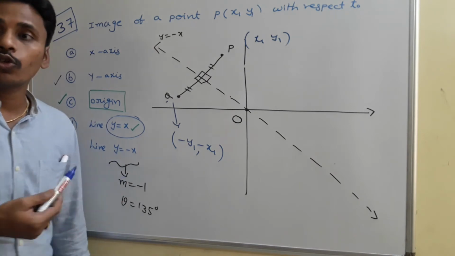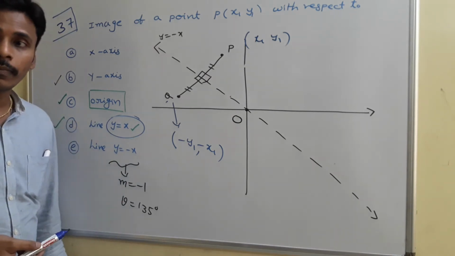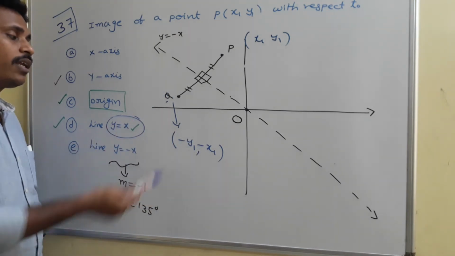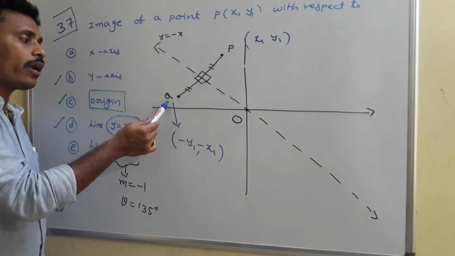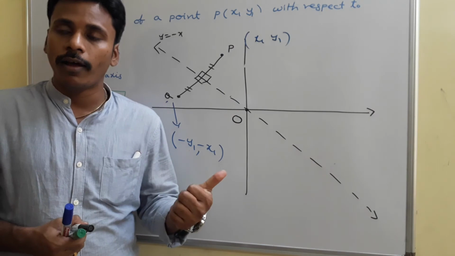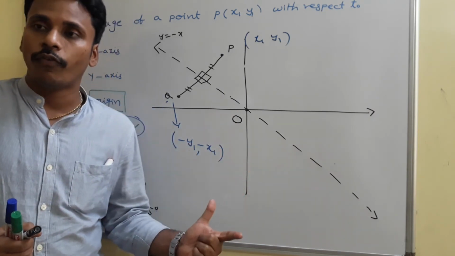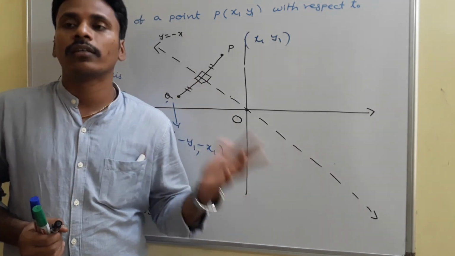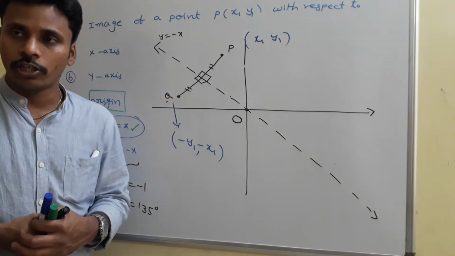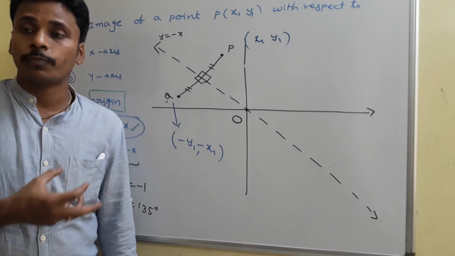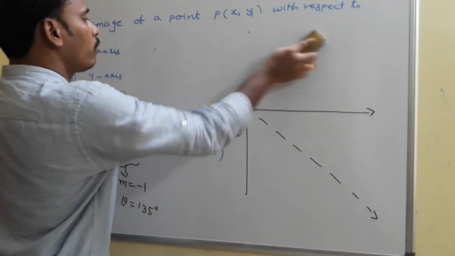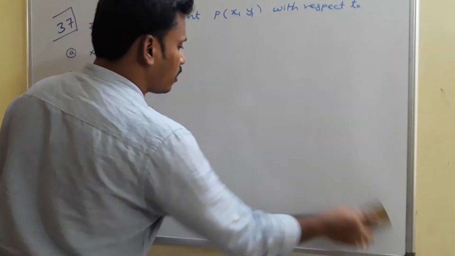If you need, you can go with the usual procedure also. See, this is the actual diagram, and here the coordinates of Q are (minus y1, minus x1). Again, to find the coordinates of Q, we have different procedures. One is to use the formula, another is to use equation of line forms, and the third is plain geometrical concepts. See, this is the diagrammatic representation, and now I will give you the proof with respect to our formula. Just look there. That will give you some more confidence on these concepts, right?